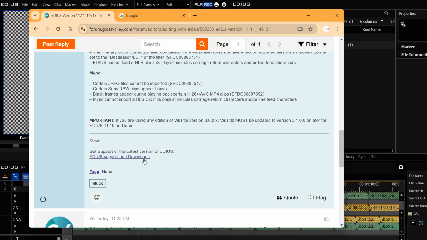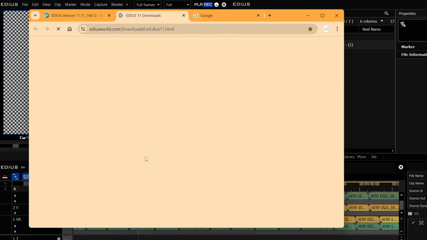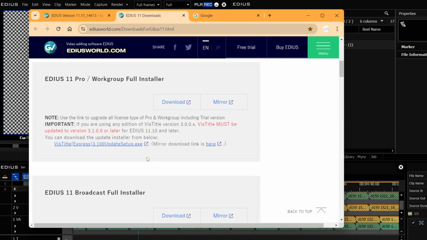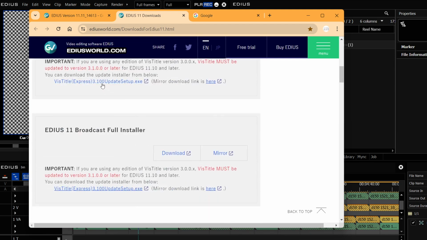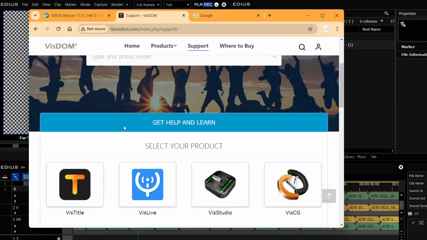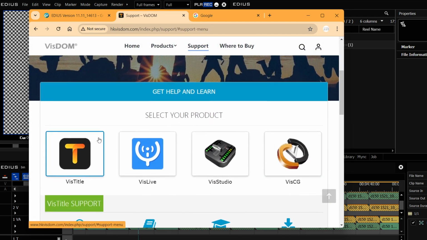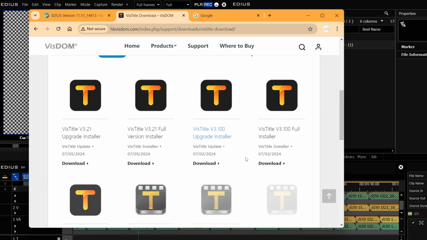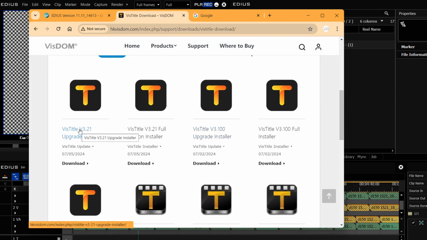The other thing to point out is, as it says here, you must have an updated version, at least version 3.1.00 of Viz Title. And if you go to the EDIUS download page, you will have a link in there to get the 3.1 update of Viz Title Express. There is a 3.2 update, which you can get by going to Viz Title itself. So here, if you go to Support and Viz Title, Downloads, you can see they have a 3.21 installer,